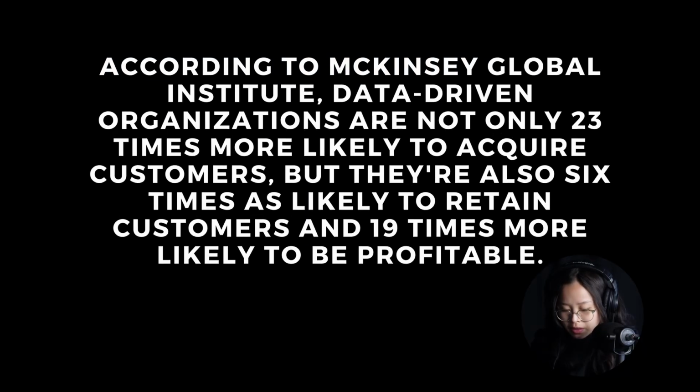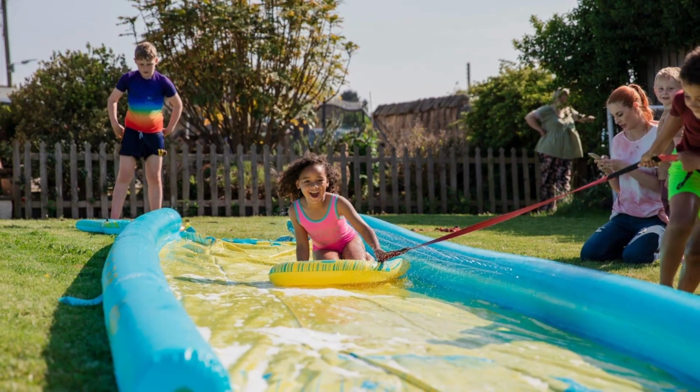So actually, I have a statistic for this, and it says that according to McKinsey Global Institute, data-driven organizations are not only 23 times more likely to acquire customers, but they're also 6 times as likely to retain customers and 19 times more likely to be profitable. Yeah, that's probably 100% true out there. If you're not using any type of data, which some of you guys are not,